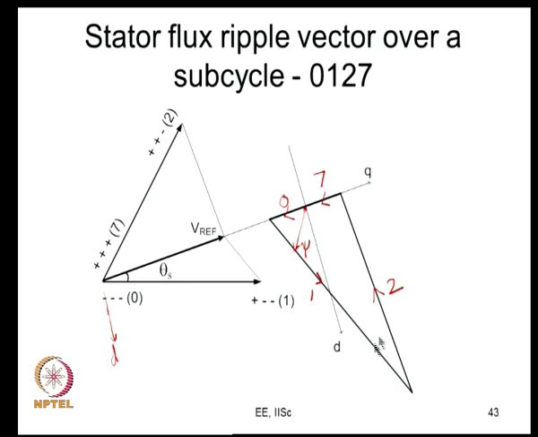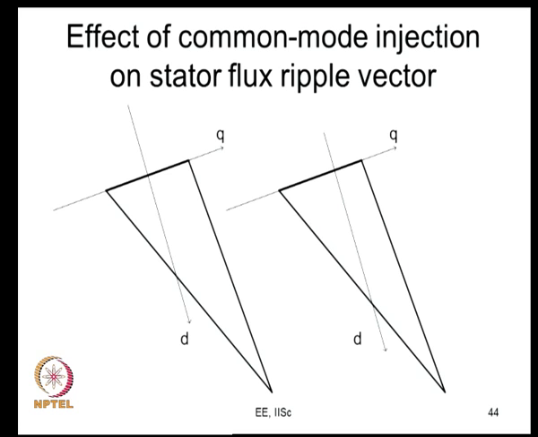So, this way of the psi q, if you take, that is a measure of your torque ripple, and you can compute the RMS value of the torque ripple. Now, if you change your sequence to something else, for example, from your conventional sequence you go to some other sequence, you see that the origin has been shifted here.